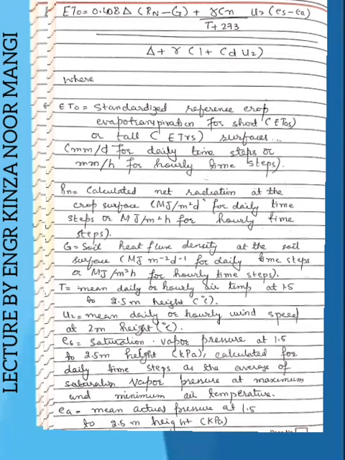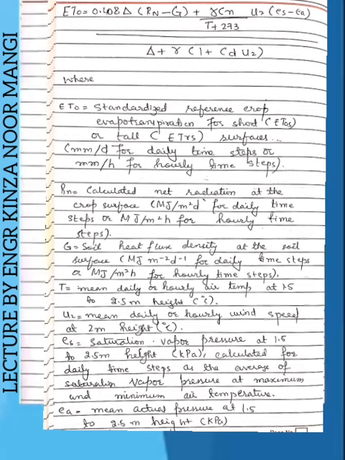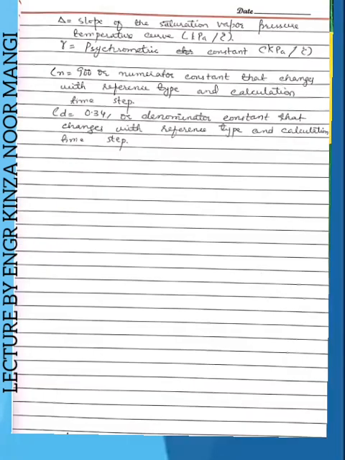That is U2. Es is the saturation vapor pressure at this height, in kilopascal, calculated for the daily time step as the average of the saturation vapor pressure at maximum and minimum air temperatures. Ea is the mean actual vapor pressure at 1.5 to 2.5 meter heights. These are specifying heights also. Another is delta, the slope of the saturation vapor pressure temperature curve, in kilopascal per centigrade. And then there is gamma, the